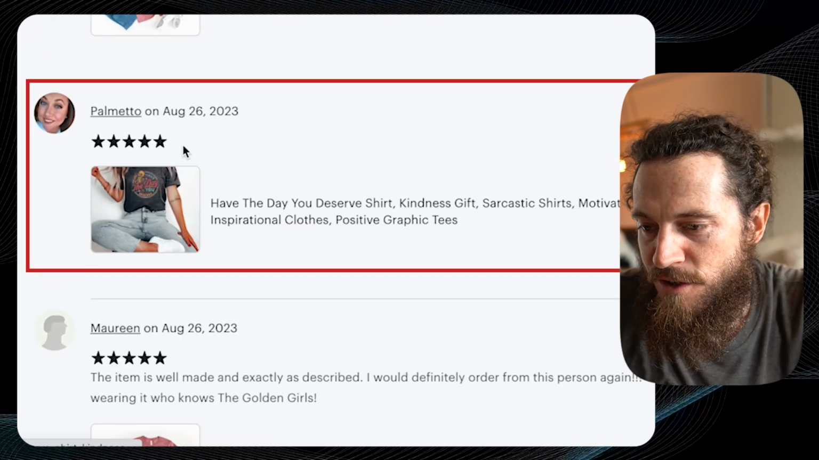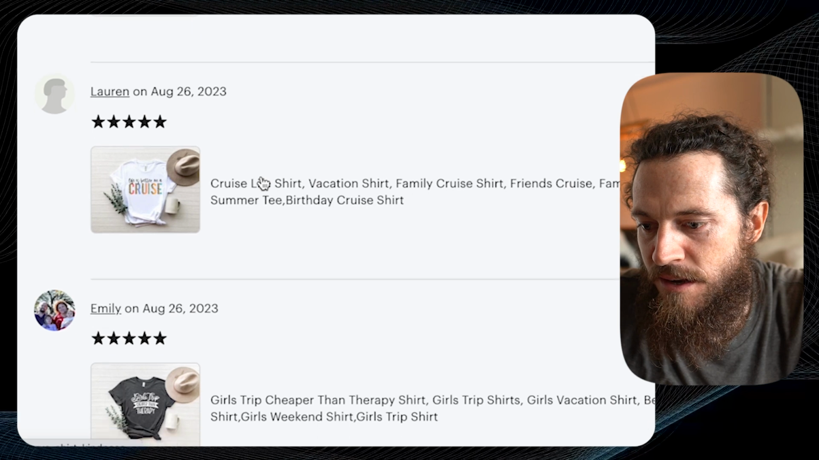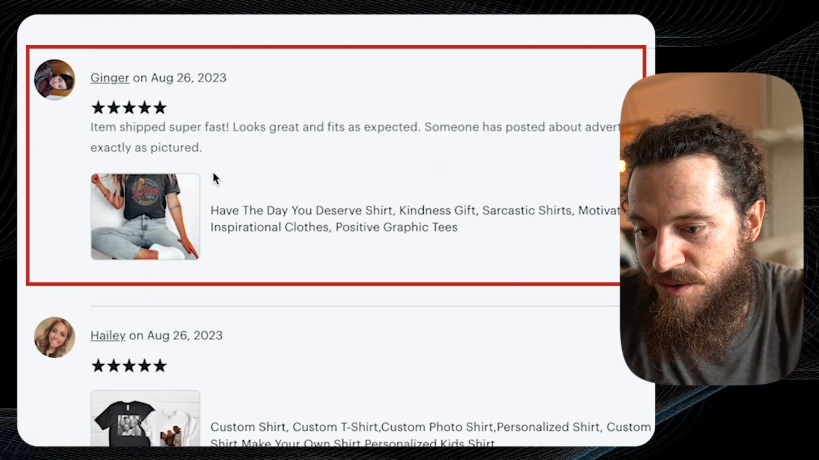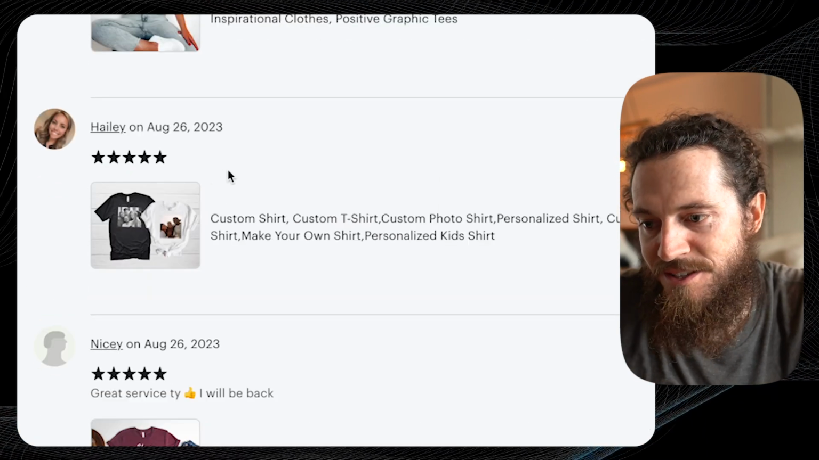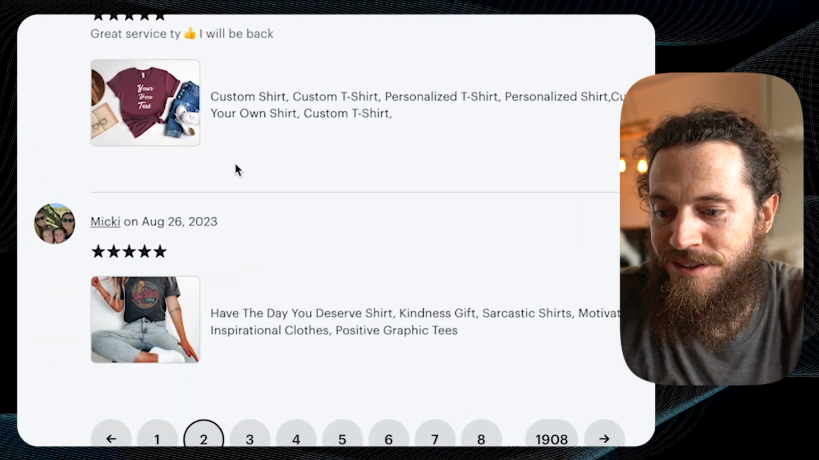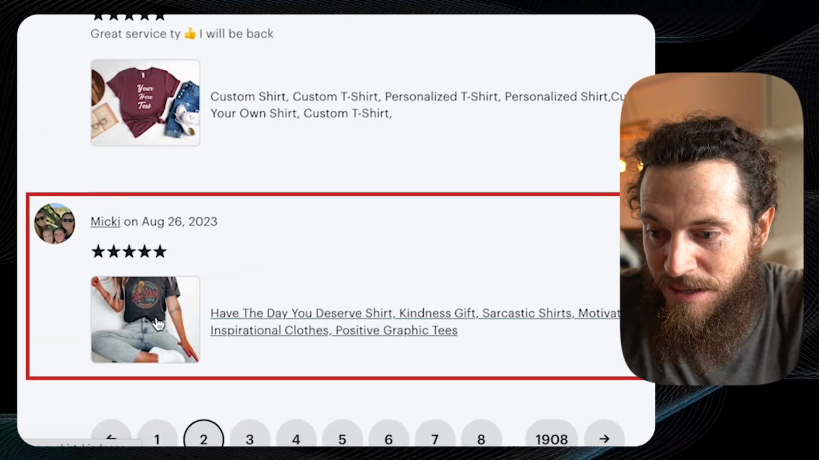So I saw this one on the first page as well. That's reviewed multiple times now. Then here it is again, August 26th, so all the same day. And you can see the store is getting a ton of reviews all in the same day. So here it is again. So this would be one that you would go and look at and see what it is that they're doing,